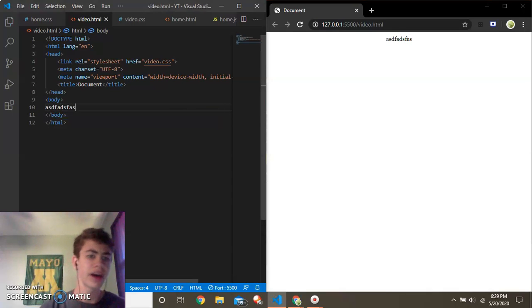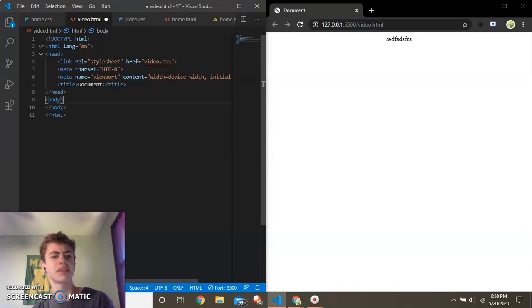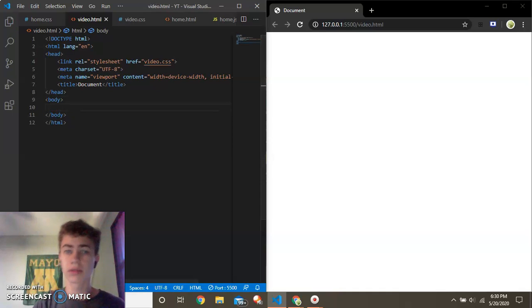You want your words this size instead of like this size. But how do you do that? Because you don't really know how to use CSS that much. Well, all you have to do is